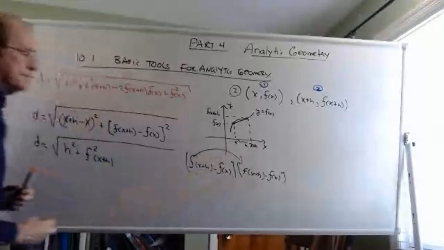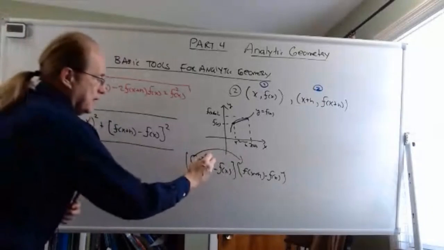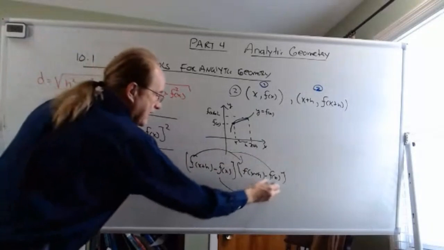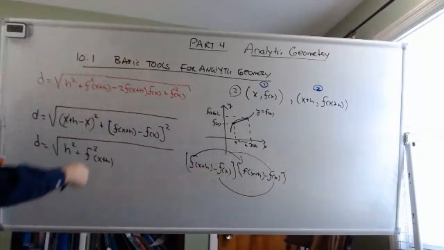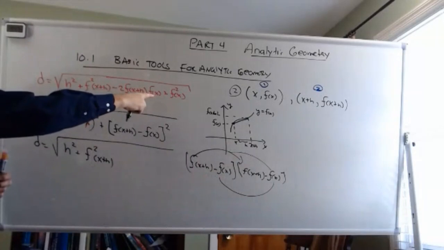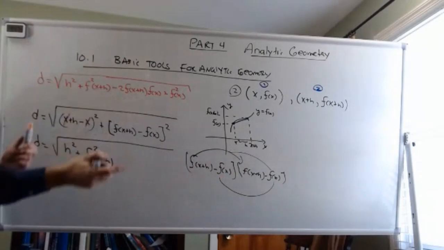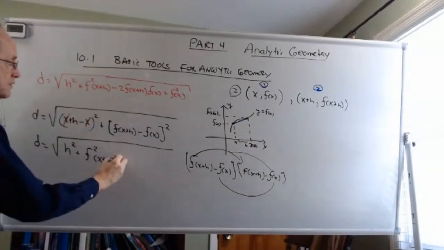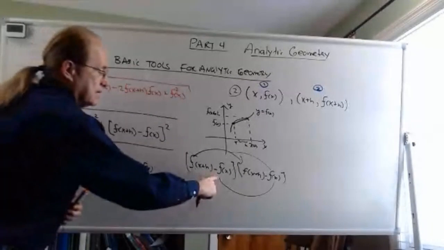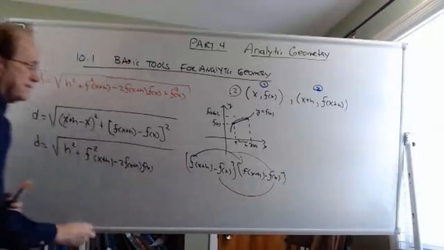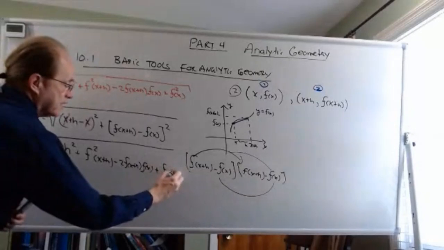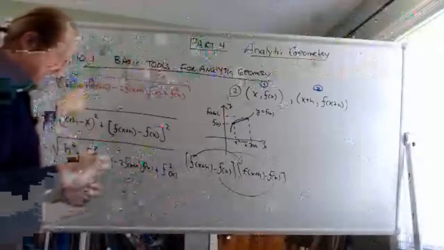So this times that. And then I'm going to multiply this times that, as well as this times that. Both of them are going to give me negative f of x plus h times f of x, and I'm going to have two of them. It gives you minus 2 of those, f of x plus h times f of x. And then the last, the negative f of x times the negative f of x gives me positive f of x squared. And that's it. So that's the type of